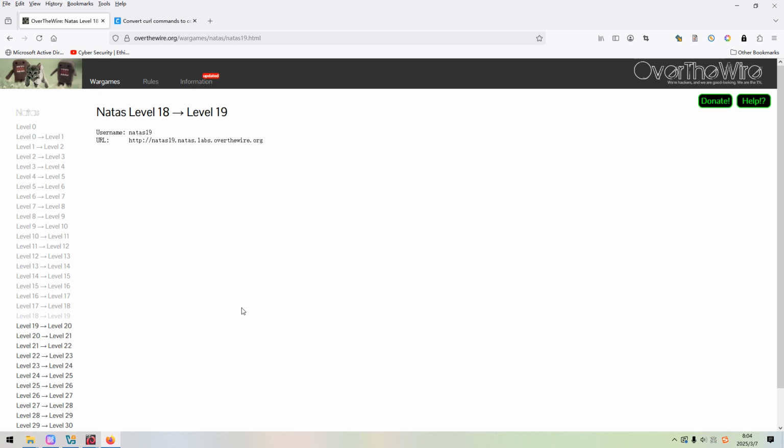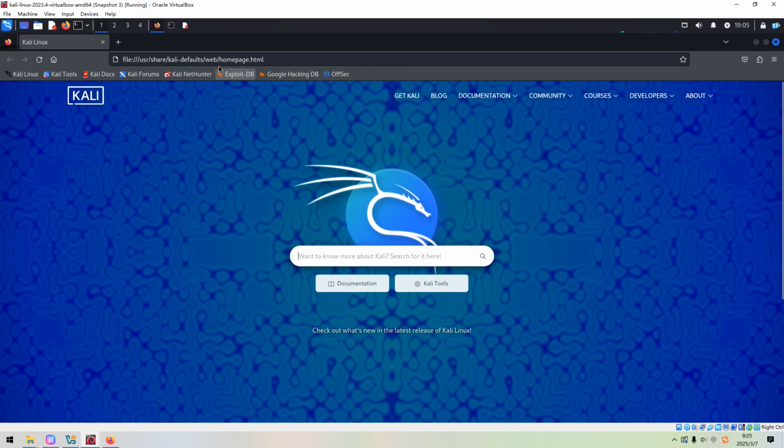Now, let's jump in and start hacking away through Natas. The level I'm going to do will be level 19. And this level still involves cookie manipulation. However, in comparison to the previous level, this level is a bit more complicated, but it's not extremely difficult. Anyway, now we can copy this address as a starting point, head over to Kali Linux, and we can